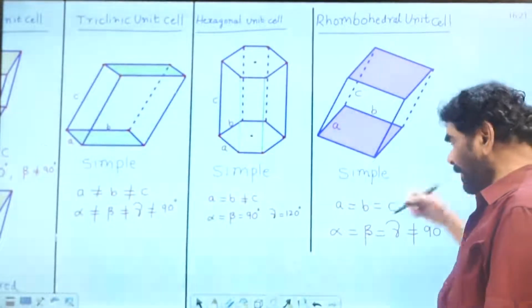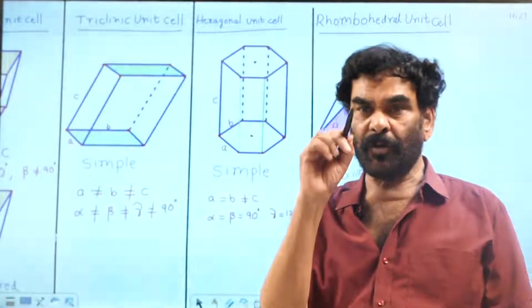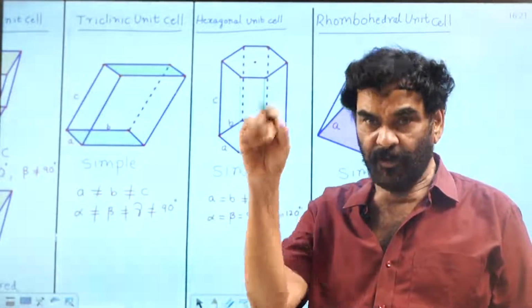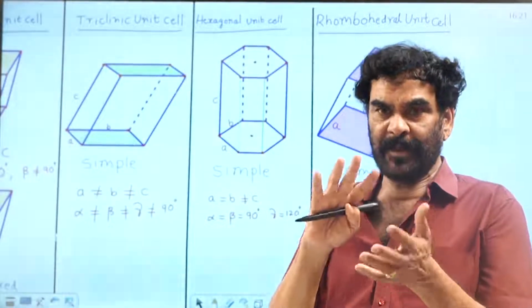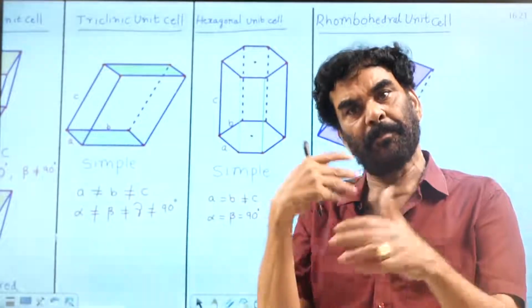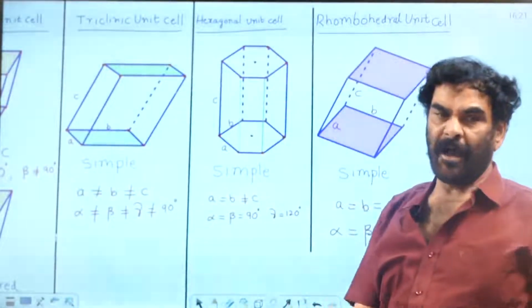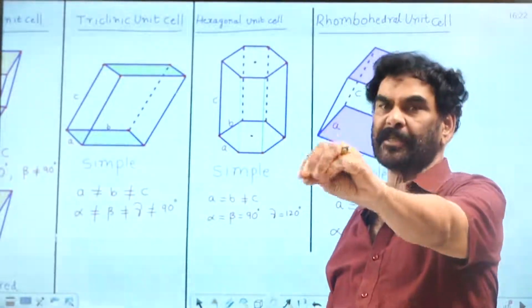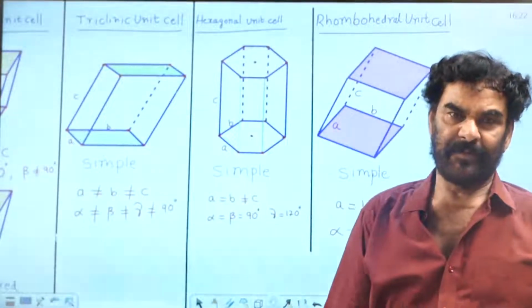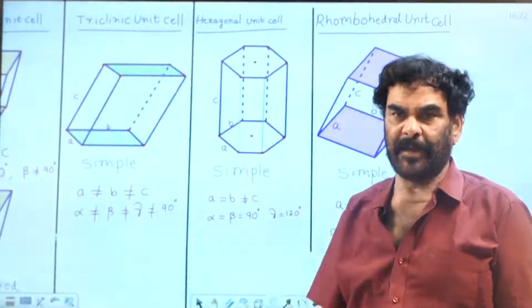If that is the case, the total number of crystal systems must be 7 into 4, since for each one 4 should be possible, in combination of cell parameters plus locations of the lattice points. So 7 into 4, 28 crystal systems should be possible, theoretically.